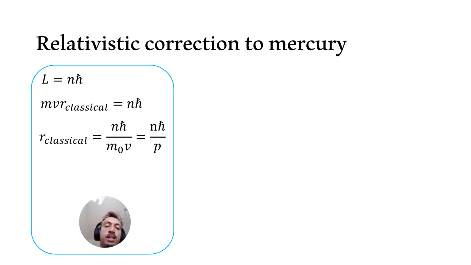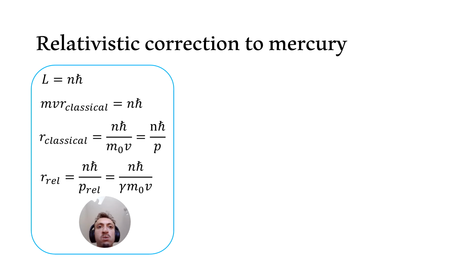So if we bring in relativity, we replace the classical momentum with the relativistic momentum, and that means we replace m0v with gamma m0v, where gamma is the Lorentz factor. Now, if you would like to learn more about the Lorentz factor and why we multiply the rest mass by the Lorentz factor to get the effective mass of the electron, I would recommend watching my video on